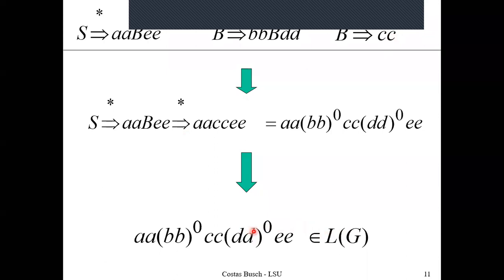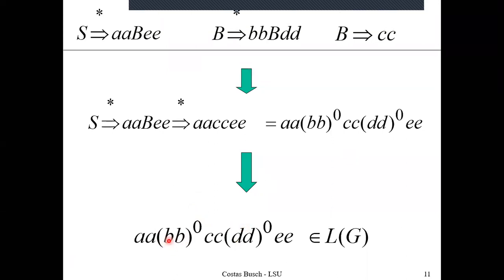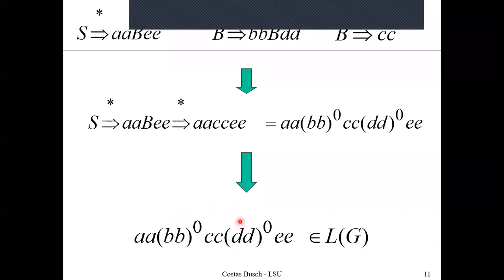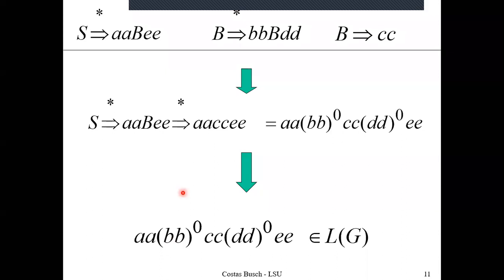And when I compare it with my original string, which was a square, b square, c square, d square, e square, I can see that this new string is just the original string, with the difference that it has no copy of b square and no copy of d square. But it is part of the language, although it is a new string. That is how I can say that the new string is part of the language. And the reasoning for the derivation of this new string is based on the fact that there were two possibilities for the replacement of the variable b in the sentential form of the outer tree.